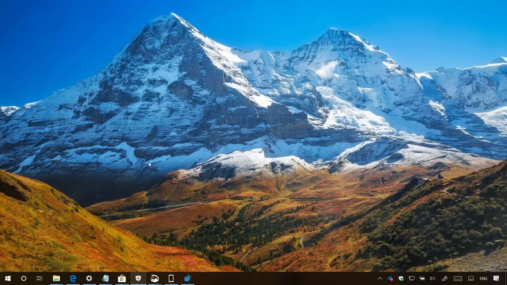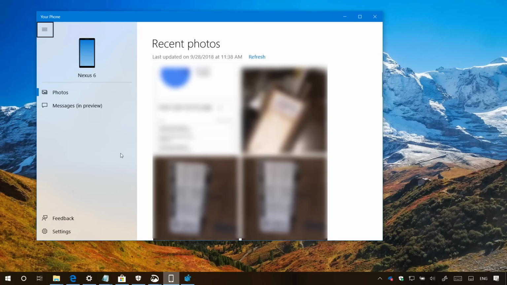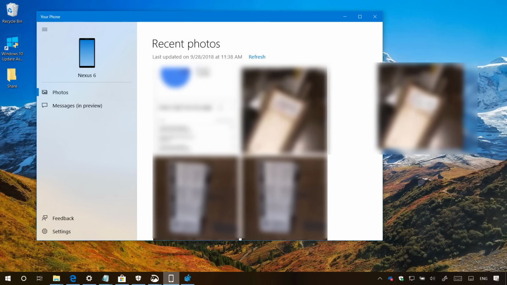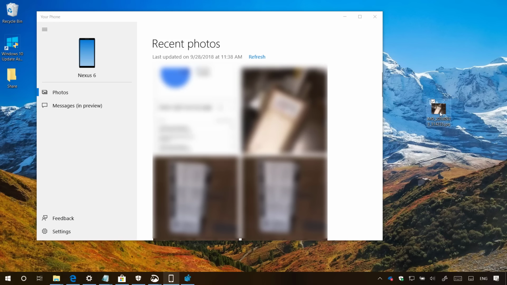Windows 10 is also getting a new application called Your Phone, which is a new way to connect your iPhone or Android phone to your PC with Windows 10 that enables instant access to text messages, photos, and notifications. Although features will be slightly different, whether you're using iOS or an Android device, you will be able to send and receive text messages, check your notifications, and